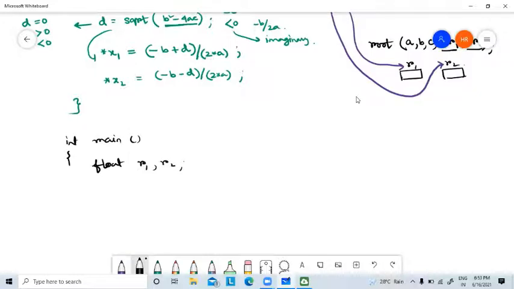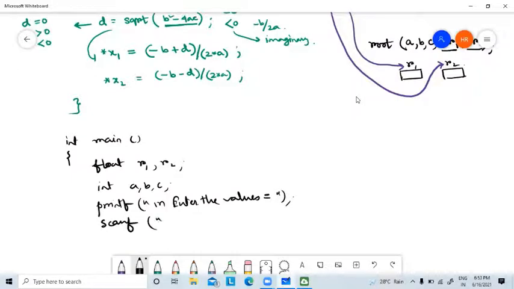Then integer a comma b comma c, then printf enter the values, then scanf %d, %d, %d, then ampersand a, ampersand b, ampersand c.